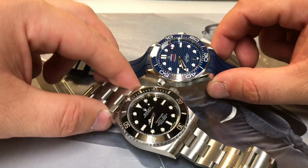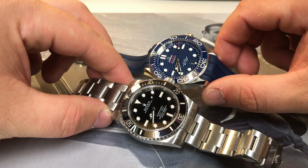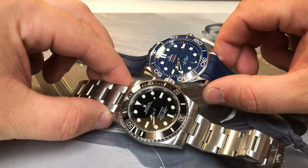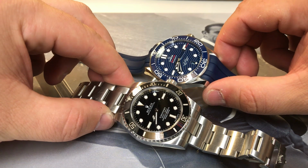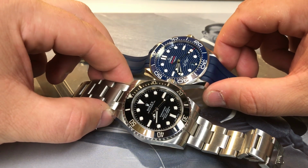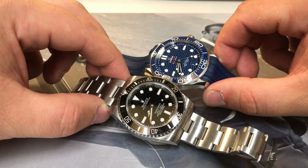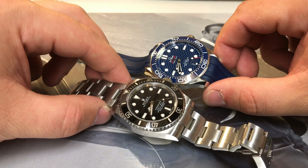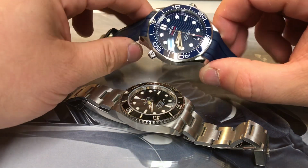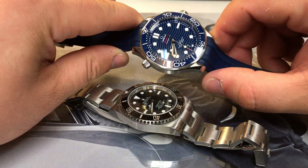It is easily comparable to the Submariner. Can I pick the better of the two? The answer is no, I can't. I cannot tell you which is the better watch. I prefer the Submariner simply because I've owned it for longer and I have a relationship with this watch, and I'll never sell it. The Omega Seamaster, as time goes on, I will gain a relationship with this watch, but